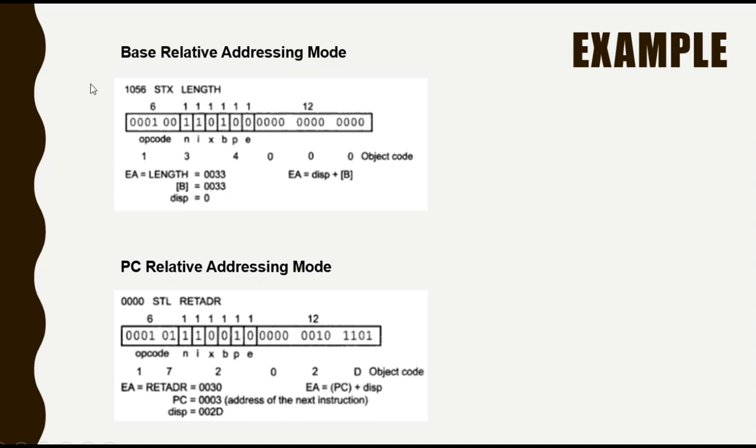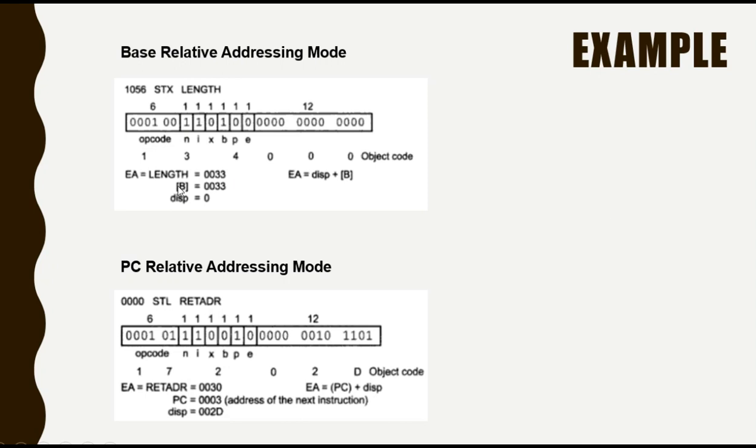So now consider these 2 examples. Base relative addressing mode: STX LENGTH, where the index register is stored. The content will be moved to LENGTH. So the effective address of LENGTH is 0033, that is the location address of LENGTH.